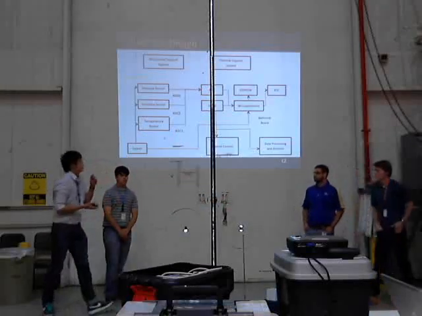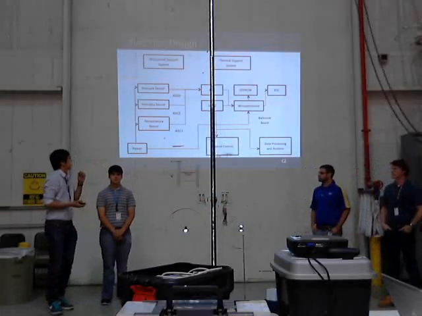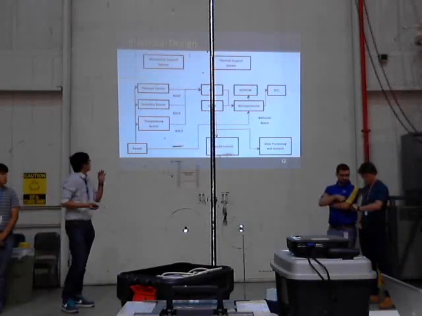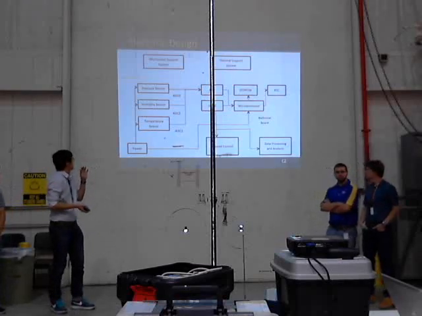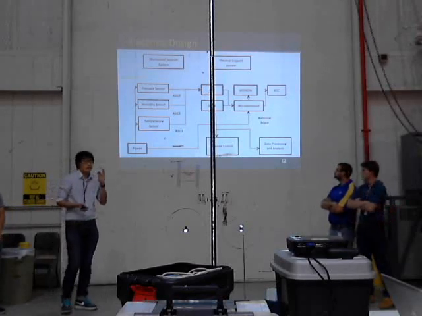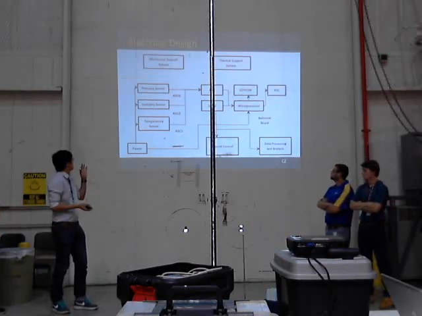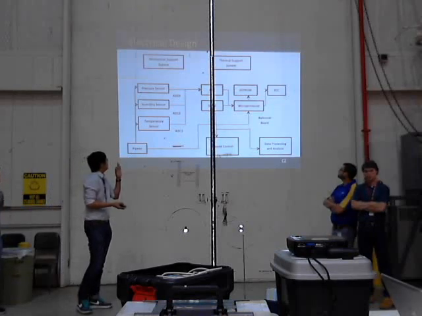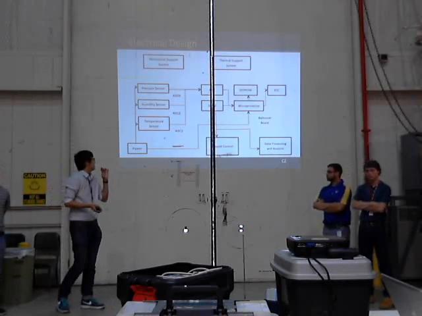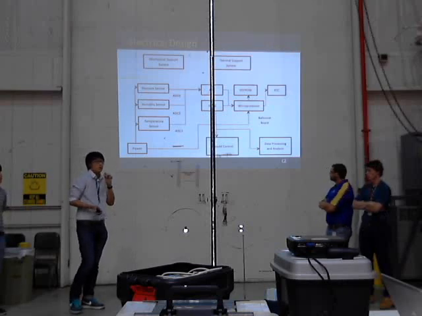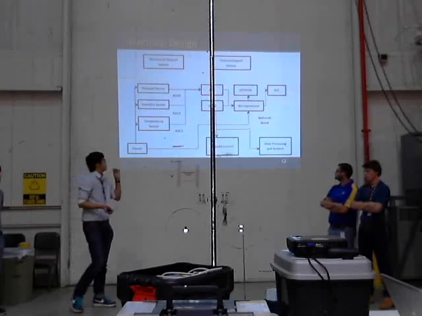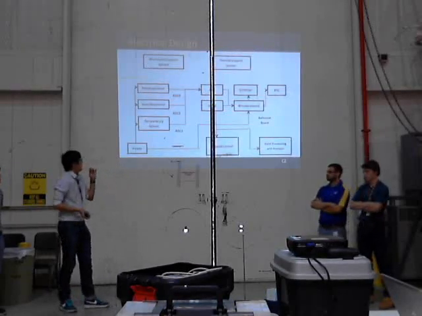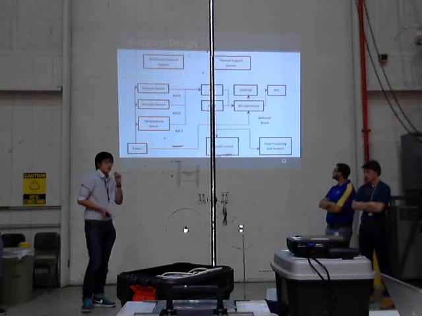Okay, I will talk about the electrical design, the power budget, and the calibration of the sensors. So, first, we have 3 sensors: the pressure sensor, the humidity sensor, and the temperature sensor. The pressure sensor goes to ADC 0, the humidity sensor goes to ADC 2, and the temperature sensor goes to ADC 1. The ADC will convert the voltage to a digital signal. Then the microprocessor will store the data to the EEPROM. Also we have the real-time clock, which will set 8 seconds as a period. And when we get back, we will get the data from the EEPROM and do the data analysis.